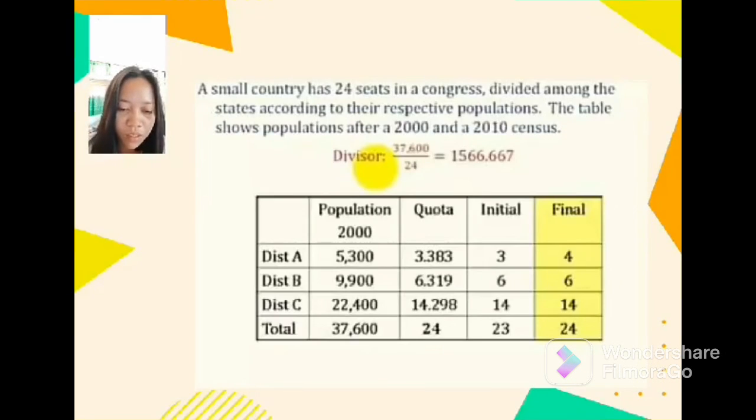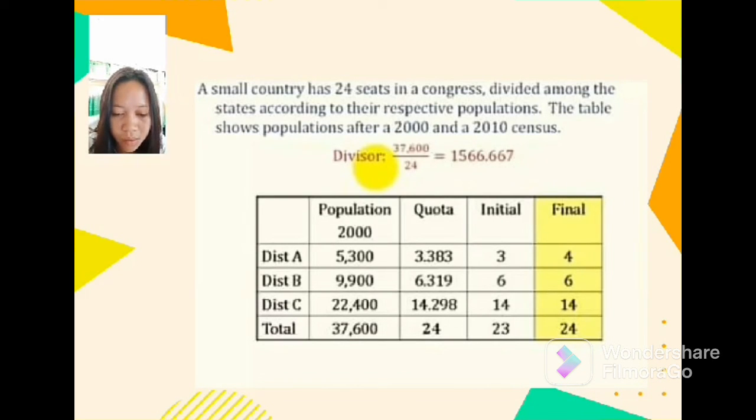A small country has 24 seats in Congress, divided among the states according to their respective populations. The table shows population after the 2000 and 2010 census. The divisor is 1,566.667. State A will have 5,300 divided by the divisor 1,566.667, which is equal to 3.383,